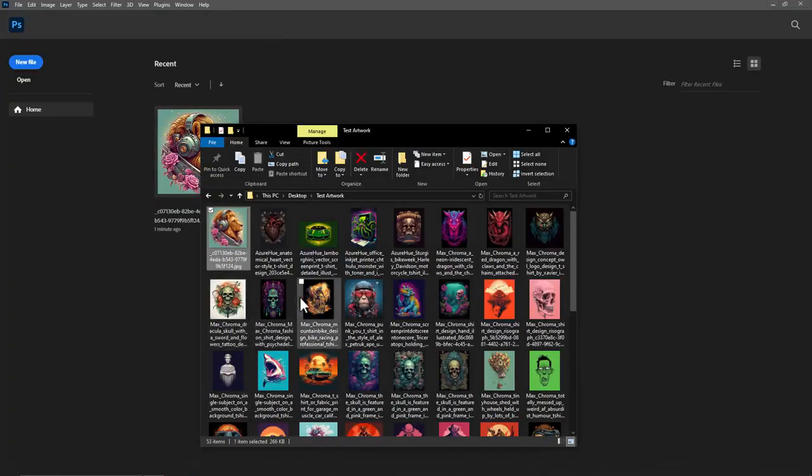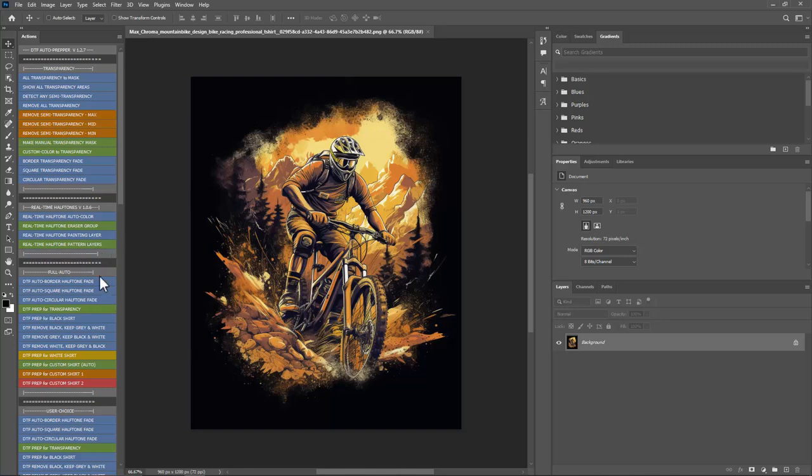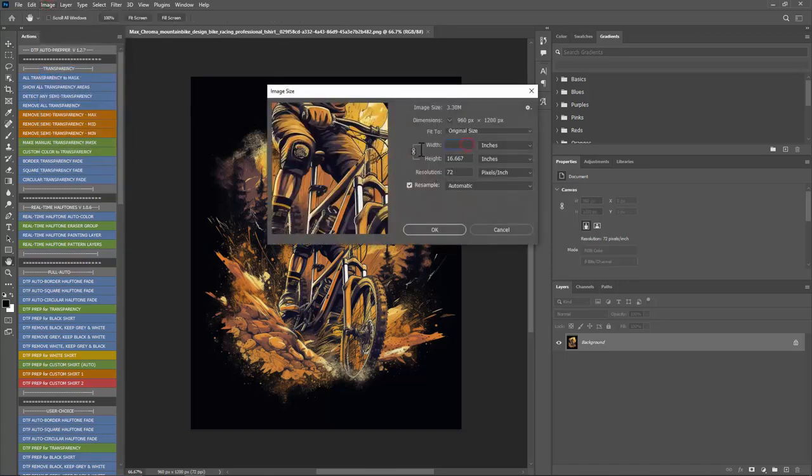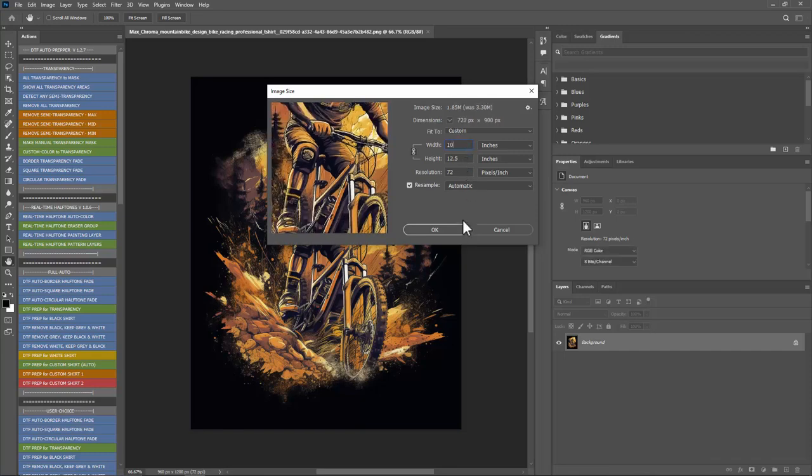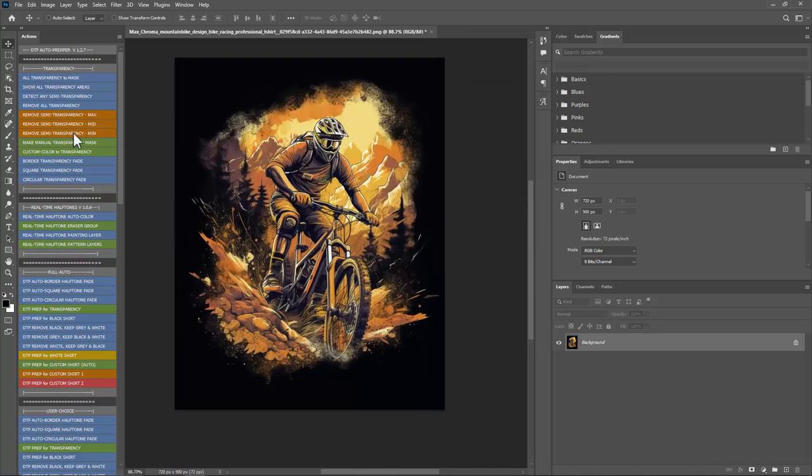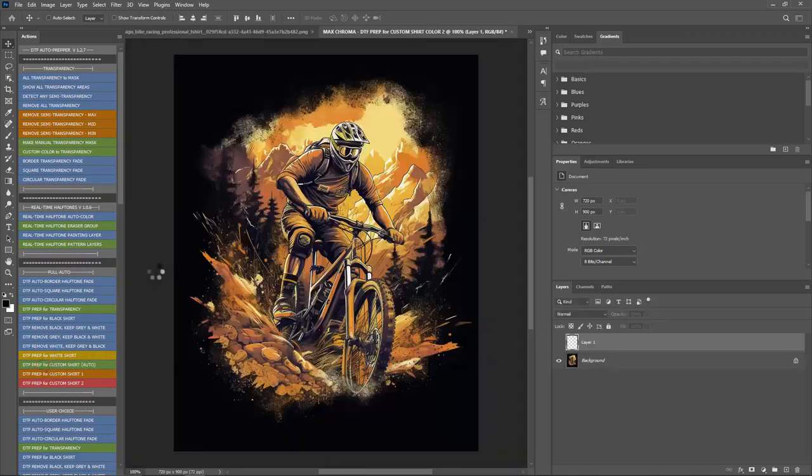Let's try this one. DTF prep. And the other thing you have to be careful of when you open this image is the image size. Go to image size in Photoshop. These are defaulting to about 72 DPI resolution, but 13 by 16. So that might be too big, or I'll maybe make it like 10 by 12. The resolution doesn't really matter with the actions here because I force it to go to 600 DPI. So clicking on this DTF prep for custom shirt auto,